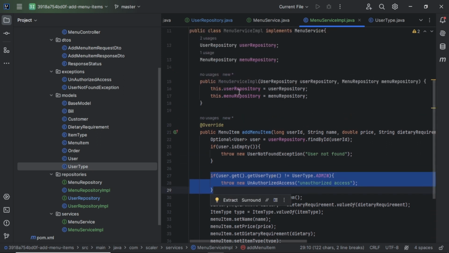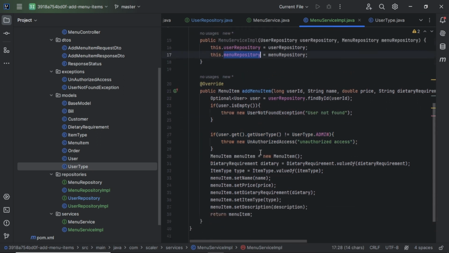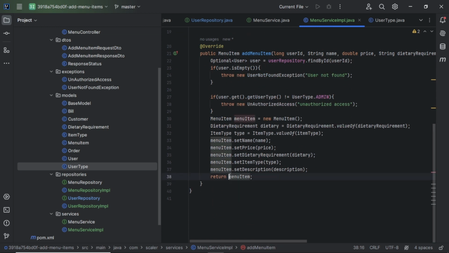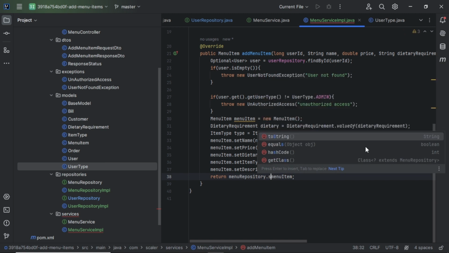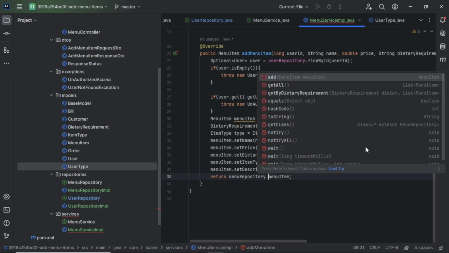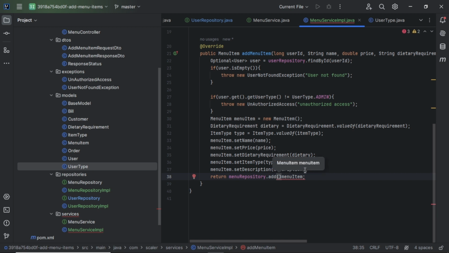At the end, we will write it down here simply. We take the menu repository and call the add method. Here we simply pass the menu item, and it will return the menu item.